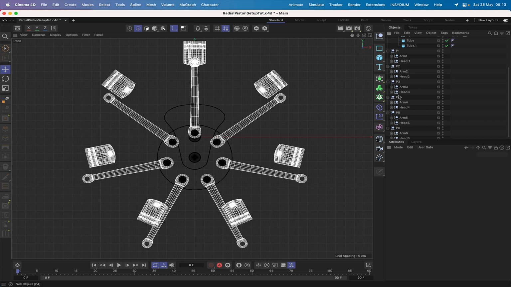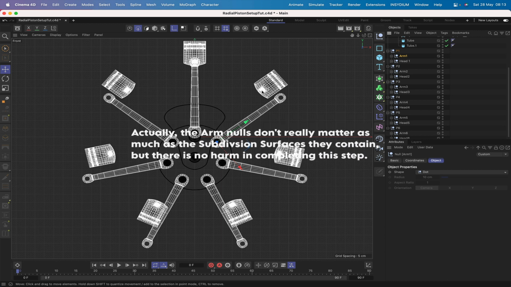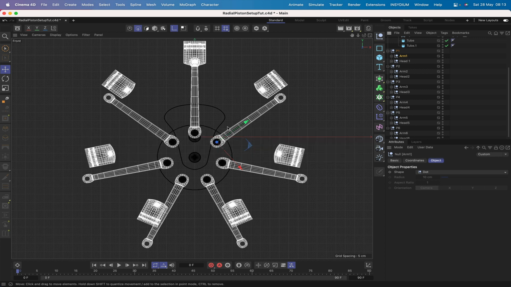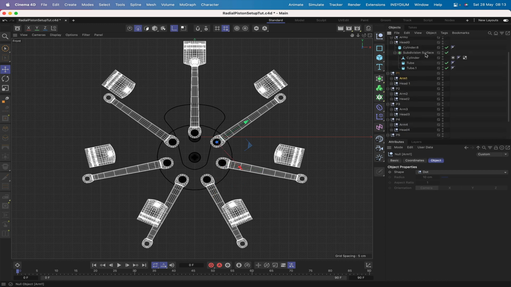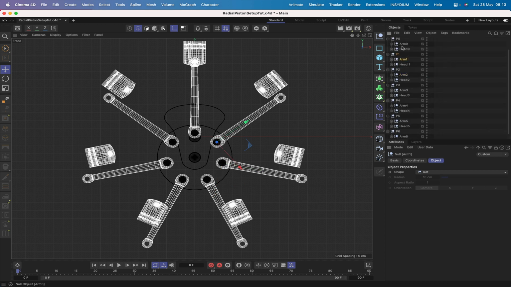Our first port of call here is to check our arms, because if we just select one of them, we can see that this is pointing along its y-axis. This is not right, it needs to be pointing along its z-axis, because we're going to be using target expressions, of course, target tags, and they're going to make the arms point at the piston heads. So this is what we've got to sort out. All of them are the same, they're all pointing along their y-axis. So what we'll do is close this head up here, select all of our arms, so Command select all of these,